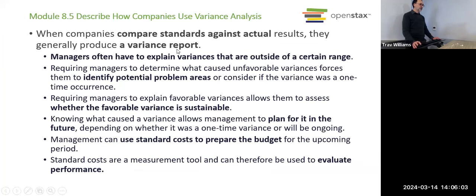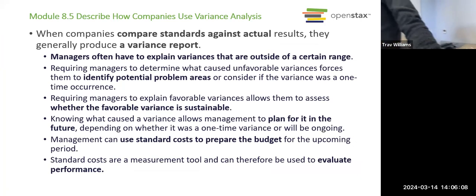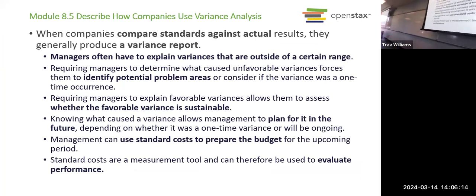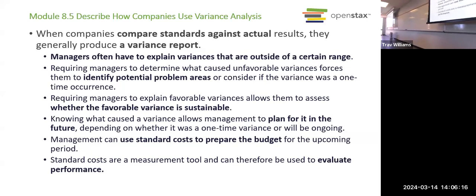Okay, so why we're doing all this, right? So we can see how much variance we have in terms of materials, labor, and overhead. But then you want to understand why, right? Because just numbers don't really tell you what you need to do differently to improve. Or if you're getting really good numbers, if you have a really favorable variance, well, great. Now you want to know, what are we doing right? How can we keep this going, right?